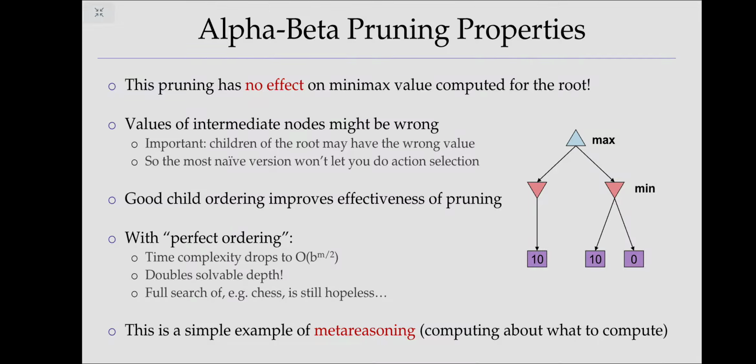For example, as you see in this example, at first we receive 10. In the second node, we check again 10, and last we check 0. But if the order of the nodes is defined better,